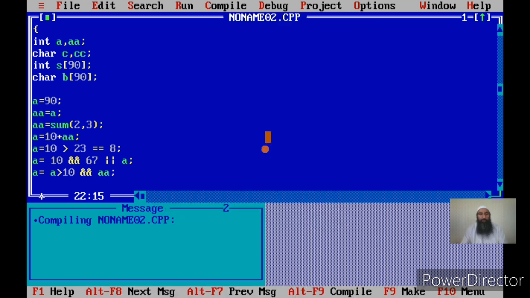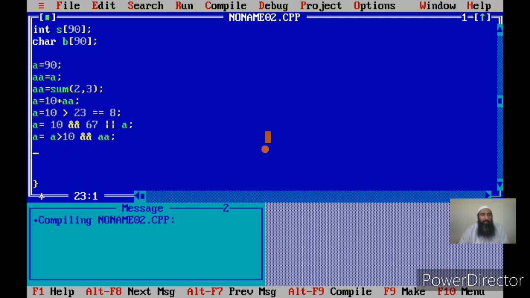So this is also possible. Now I'm not commenting on the results right now. I'm not explaining how these operations will work, but I am showing you the syntactic possibilities for the expression. The expression can be an arithmetic expression, a relational expression, or it can use only logical operators. It can use both logical and relational operators. In that case, it is called a compound logical expression or logical expression.